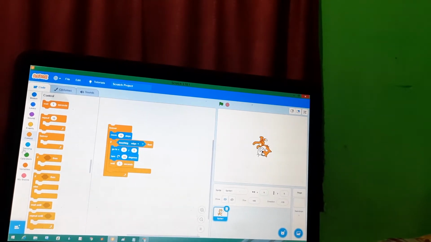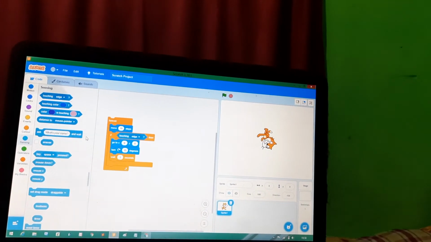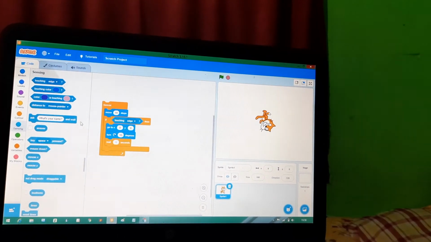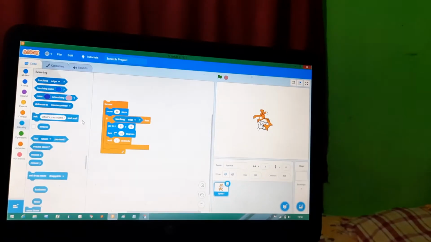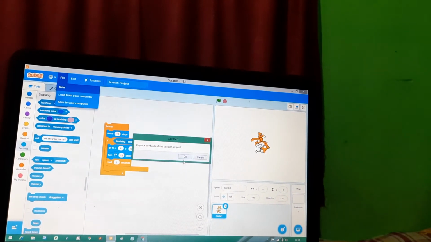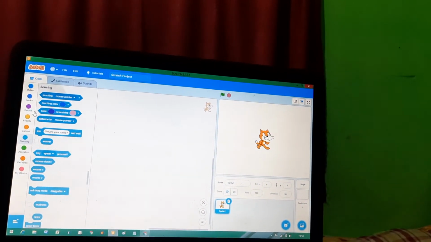Okay, another example from your book is given, which I want to continue. That is your logics book, figure 7.3. Let us understand that one. Let us open a new file.